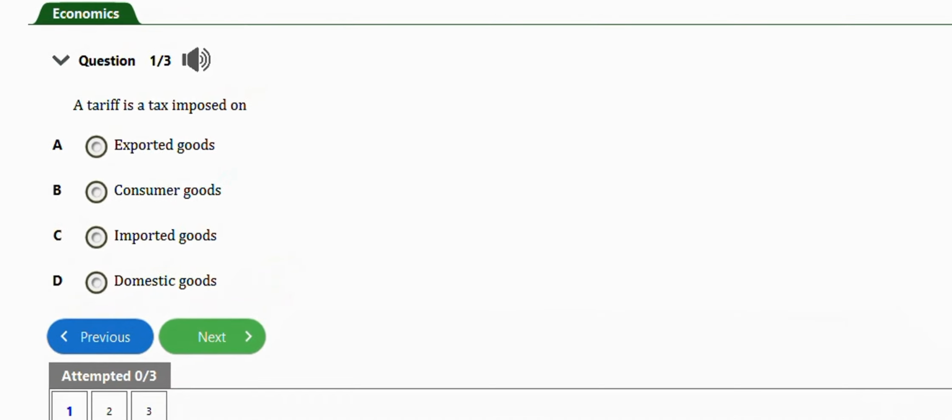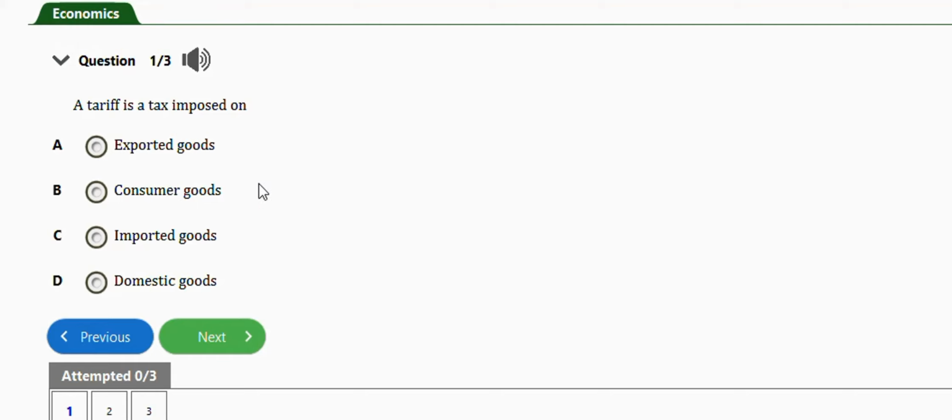In this video, we're going to learn how to solve these JAMB economics problems under international trade. So we're going to look at an intro to international trade for your JAMB economics. We have three repeated questions to practice in the video. Let's get started. The first question I have here says, a tariff is a tax imposed on, we have exported